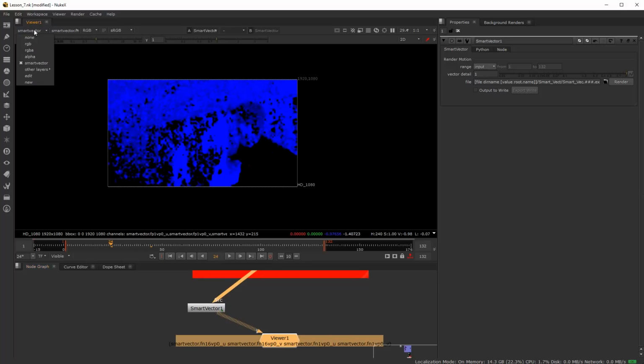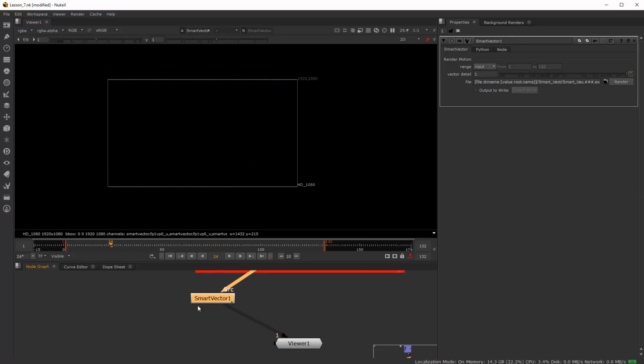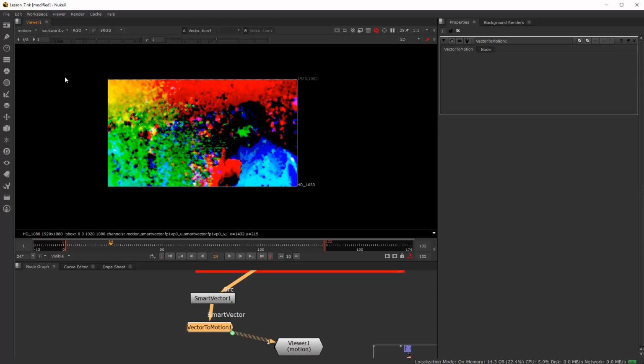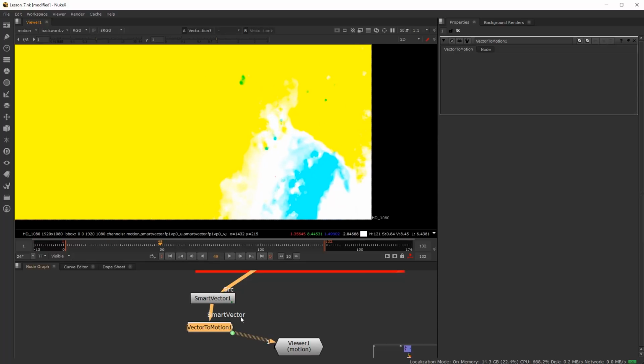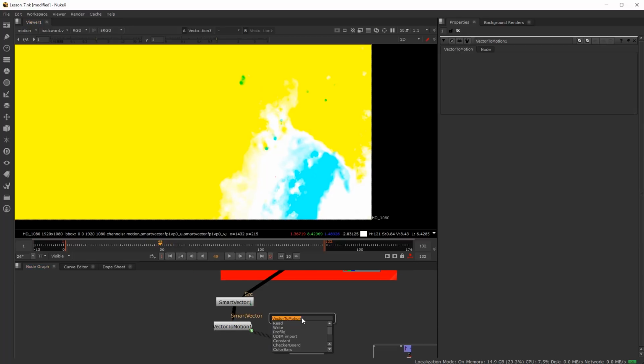Let me just show you what I mean by that. You can take this information to drive actual vectors for motion blur. So again, this is kind of a segue here, but I can come in here and do vector to motion, which will actually take the smart vector information, and Nuke turns it into motion data. So if you go to motion data, you now have this interesting info that actually records motion vector information that could be dialed into